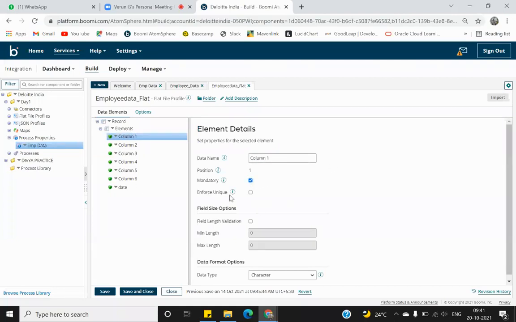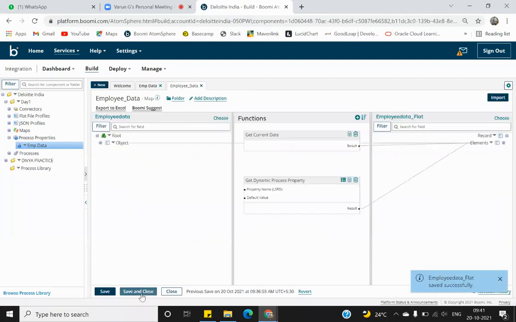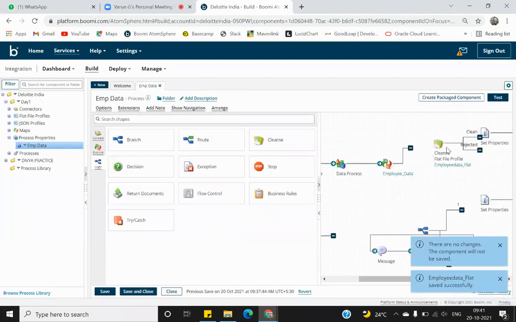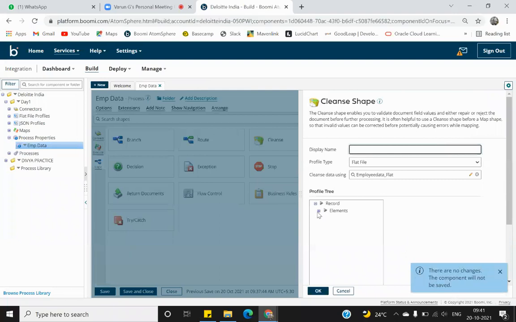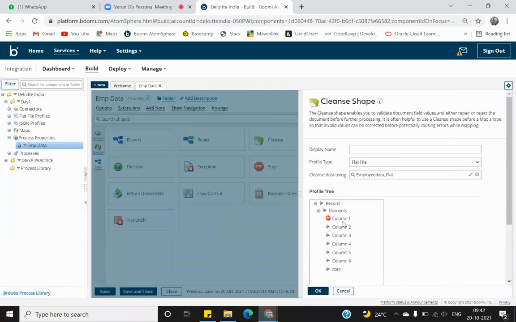Once I make it mandatory, whatever happens with your document is fine, but your column 1 should always be present. So I save and close this, and then I go to cleanse shape again. Now if you see here, column 1 has come in red.